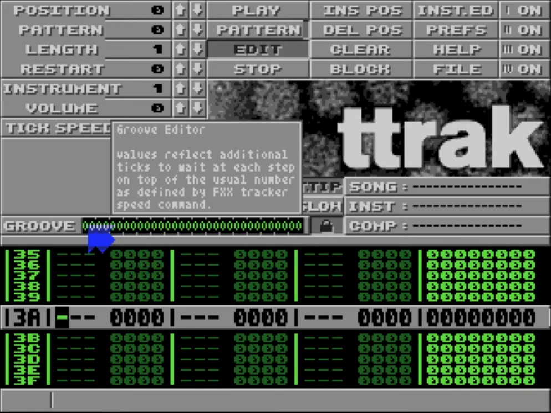What it is, it's a 16-step sequence that represents an equivalent step in a pattern. And where you would use F timing previously to change the tempo of the track, you can still do that. But if you were just doing a sort of F4, F5, F4, F5 for a groove kind of shuffle, you can basically put it straight into here, which is really handy. So you don't waste